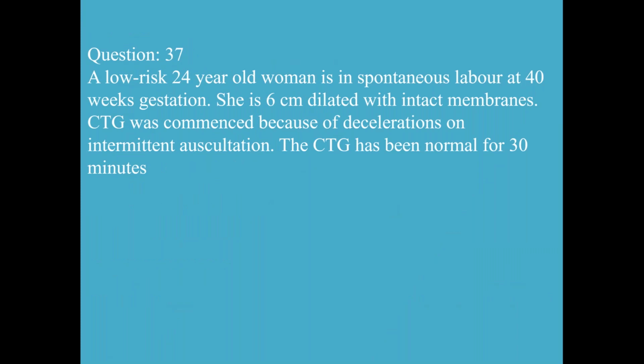A low-risk 24-year-old woman is in spontaneous labor at 40 weeks gestation. She is 6 centimeters dilated with intact membranes. CTG was commenced because of the decelerations on intermittent auscultation. The CTG has been normal for 30 minutes. So we can go back to the